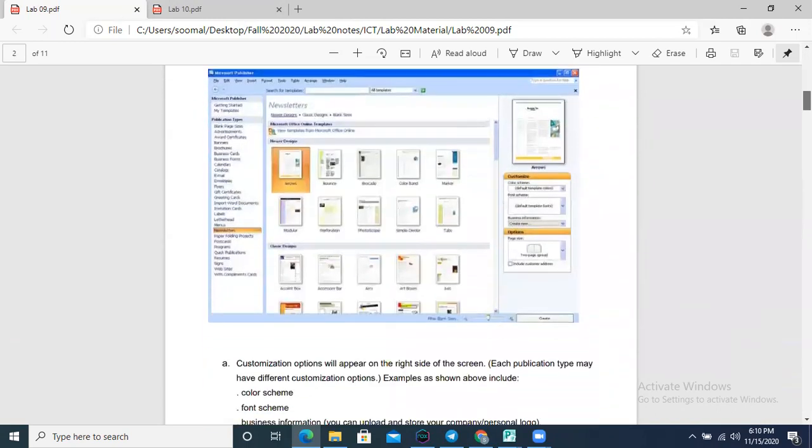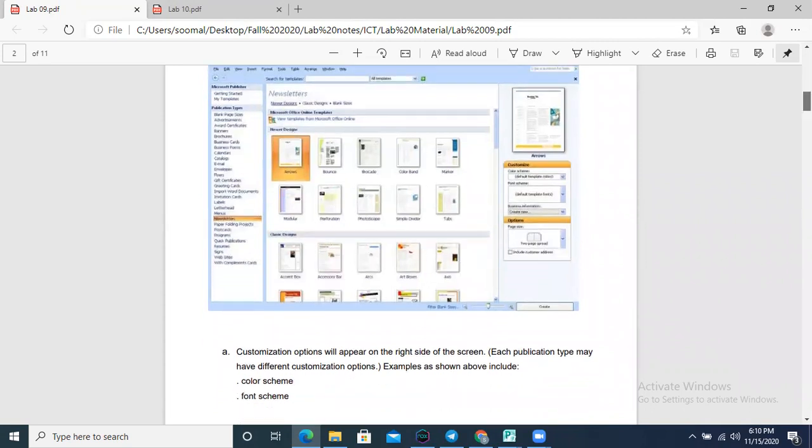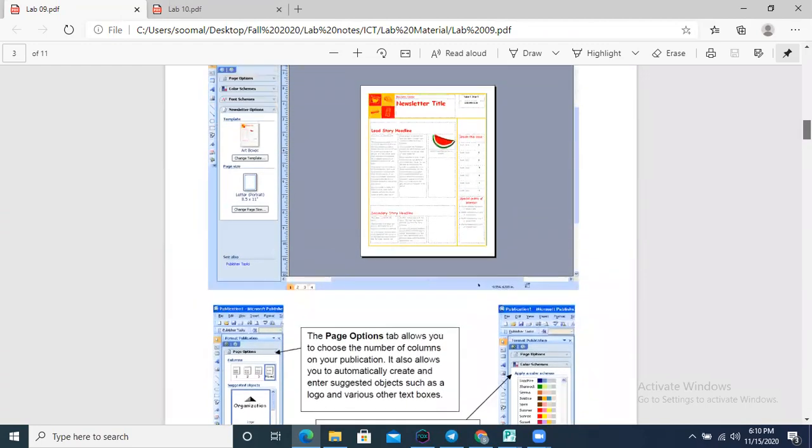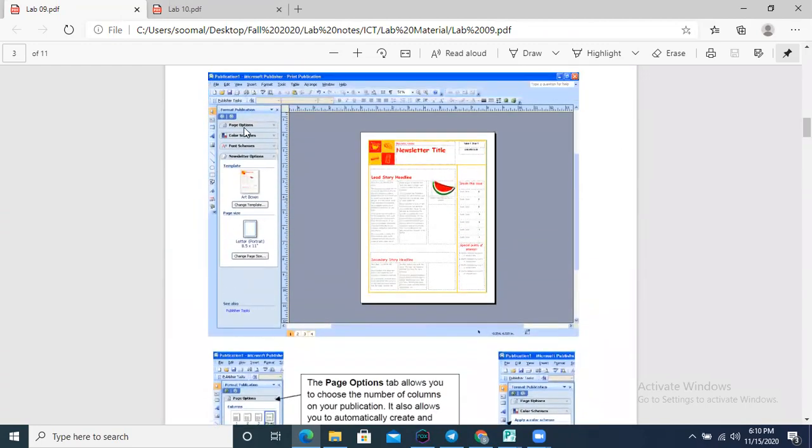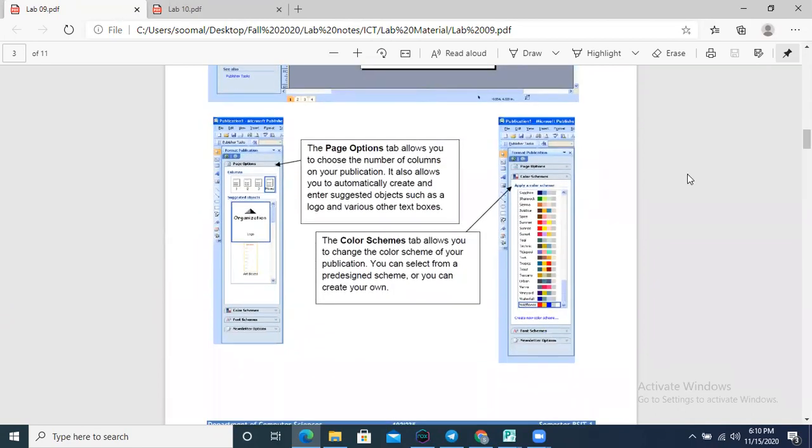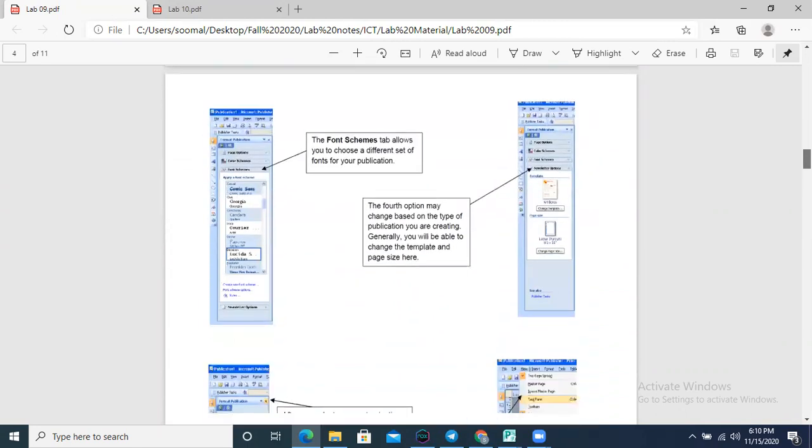Simply create a blank document, whatever type of blank document you need according to your requirement. In the blank document you will have particular formatting related to your document. These are page options, which kind of page you can use over here. These are the colors of the page, which kind of color schemes you want to implement on your page.